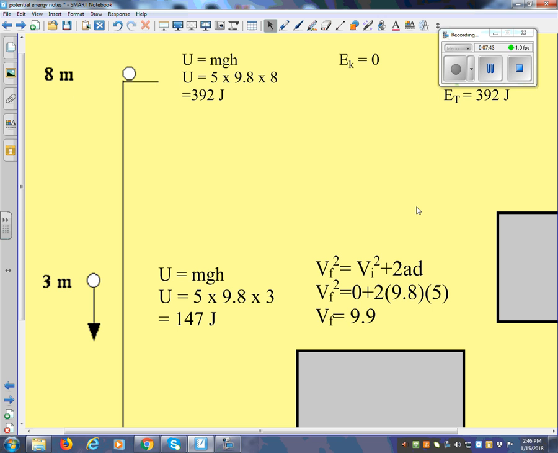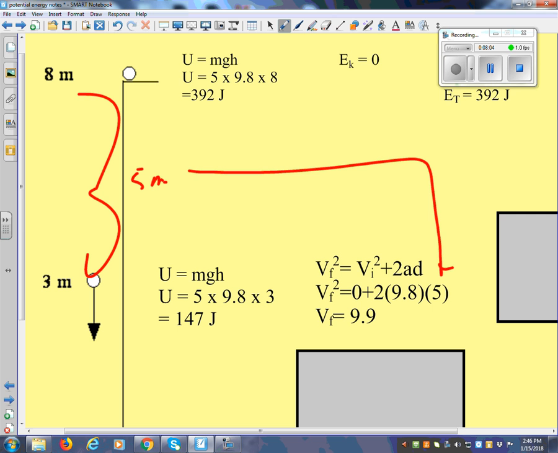Now, we could figure out how fast it's going. Remember our old friend Vf squared equals Vi squared plus 2ad? Well, I'm just showing you what's going on here. Why do I use 5 for my distance? Because it fell 5 meters. That's right. It accelerated at 9.8, minus 9.8, I guess, for 5 meters. So it has a speed of 9.9